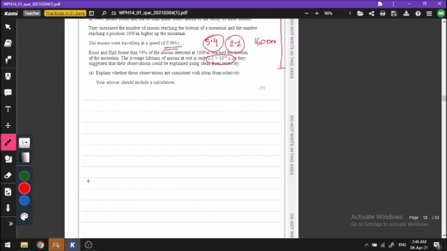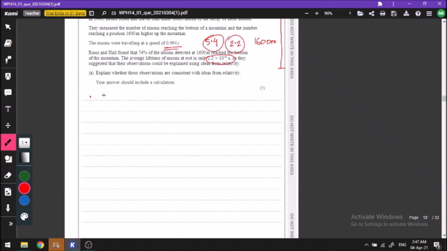Okay. First of all, you should mention that the idea of relativity could be used to explain this idea. First of all, you have to read the whole question, and then they're asking us how these observations are consistent with the idea of relativity. The number one criterion for writing the relativistic equations, or trying to explain something in terms of relativity, is that it has to travel close to the speed of light. Okay, or else the effect of relativity will be negligible.